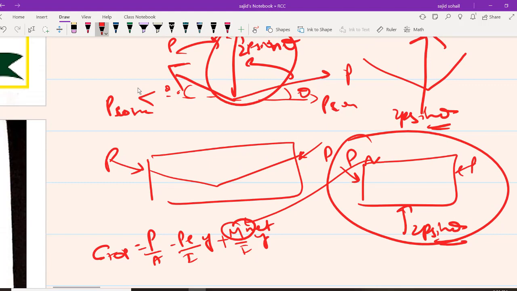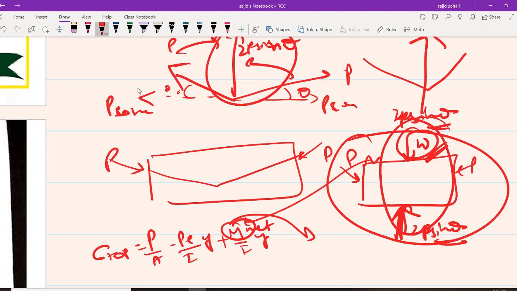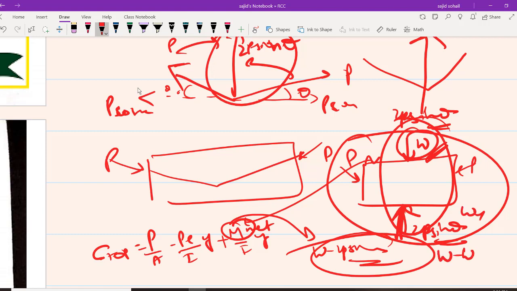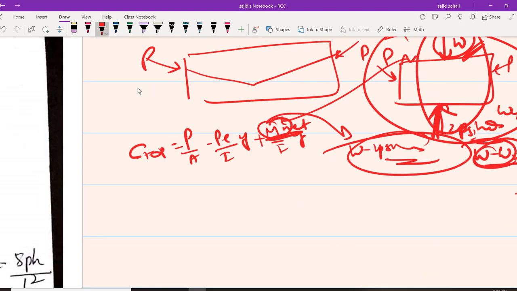Why are you writing M net? See, previously there was only one load. In the previous cases, whatever stress we have seen, for W we found the moment and wrote that equation. But here there is an upward force acting. So what will your M net be? It is because of this net loading, W minus 2P sin theta. If you write this as WU in simple terms so that you will not be confused, we are finding the moment for W minus WU. So you should write M net. I hope it is very clear for you.